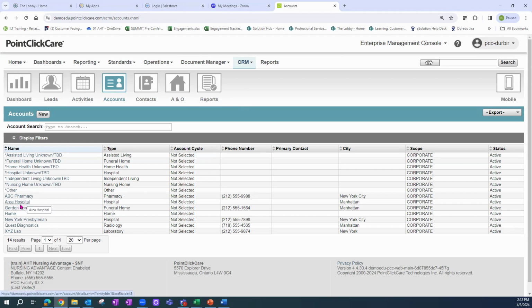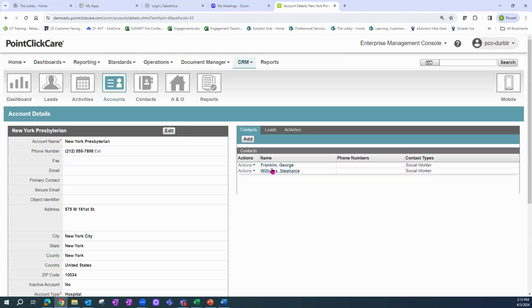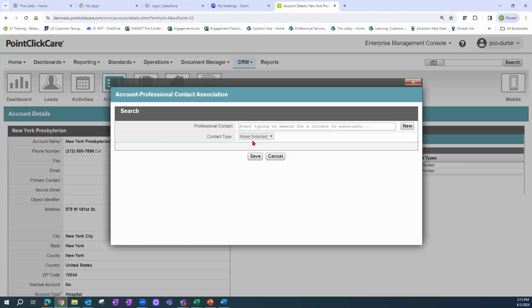So, I get most of my referrals from area hospitals or New York Presbyterian. So if I click on New York Presbyterian, I can see that there are already 2 people that work there, and they're both social workers. But I find out, hey, they have a new discharge planner. I've been communicating with them, or I just got my first referral. First thing I always do